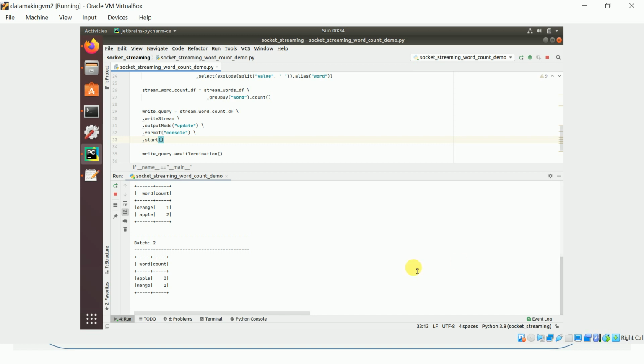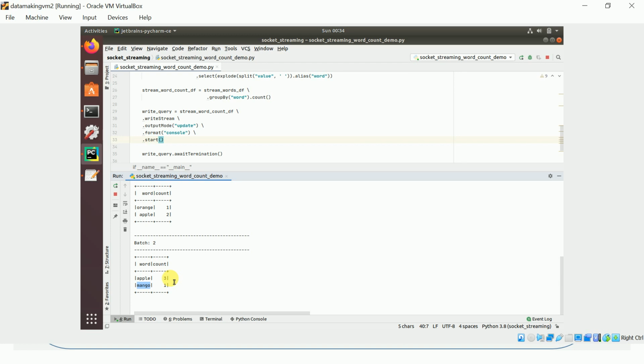If you look here, apple has become 3 because it was the updated value, based on what level of grouping you are doing. So whatever data is updated in your result table has come, and mango has also come because mango is new data. But orange did not come because there is no orange data in the current batch, so it ignores that.